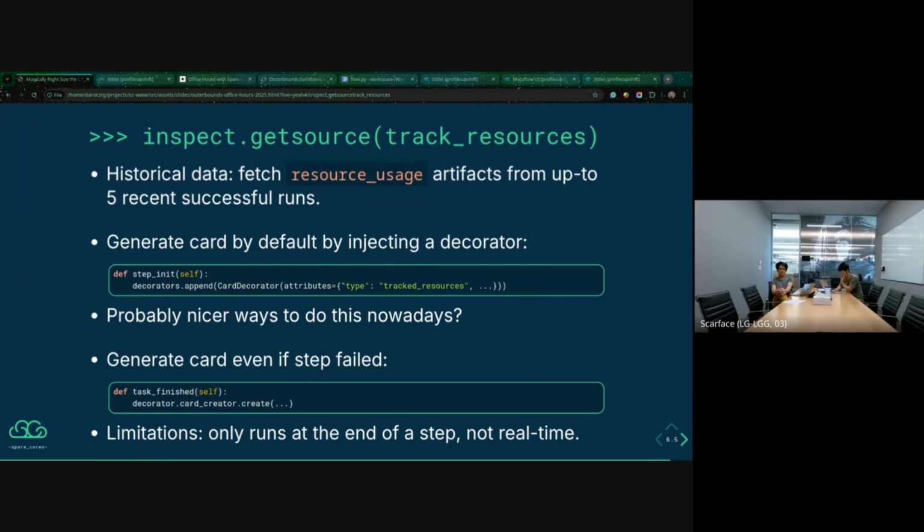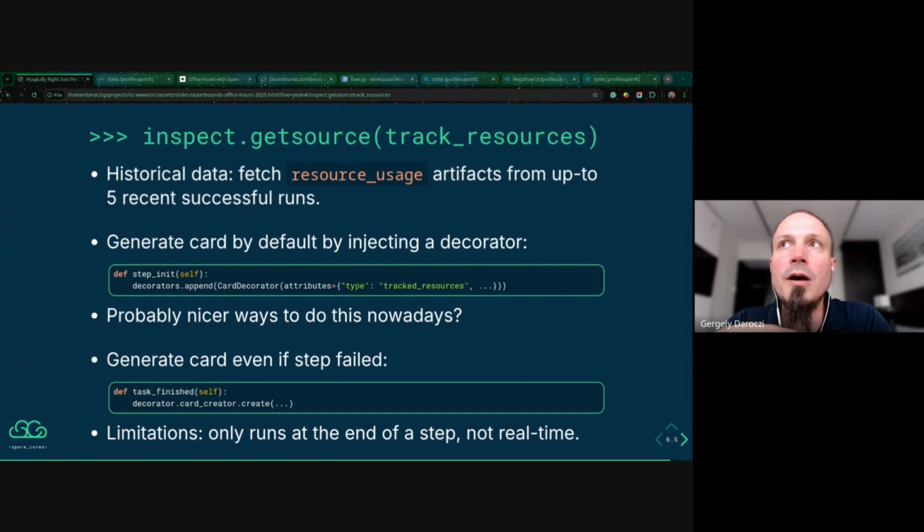But anyway, does it have to come from an artifact? So in Metaflow, currently it's structured so that the resource tracker is running in a background process. At the end of the step, we read all that data from the background process and store it as an artifact, which is then picked up by the card render thing. It doesn't necessarily need to be that way, but I'm not sure